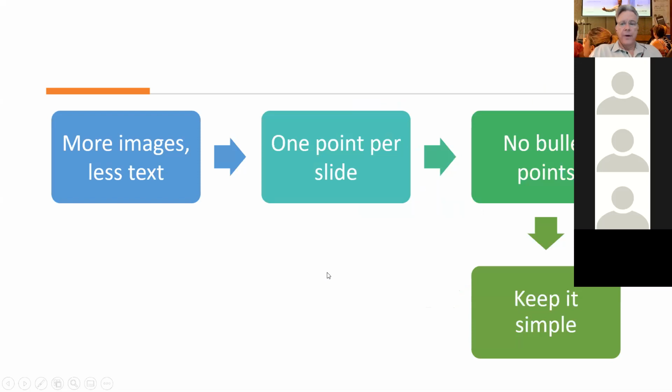So the key points, and I'll reiterate these at the end as well, but I'll obviously elaborate on this as we go through. One of the key points I'd suggest, and I've tried to keep this as fairly simple as I can, is probably more images and less text if possible, because you know and I know when you've got a slide with lots and lots of text on it, you can get completely lost in the slide. And I think a lot of people make that error. So I think as a general rule, the idea is have more slides, but less information on each, rather than 1 or 2 slides with a lot of information on it.